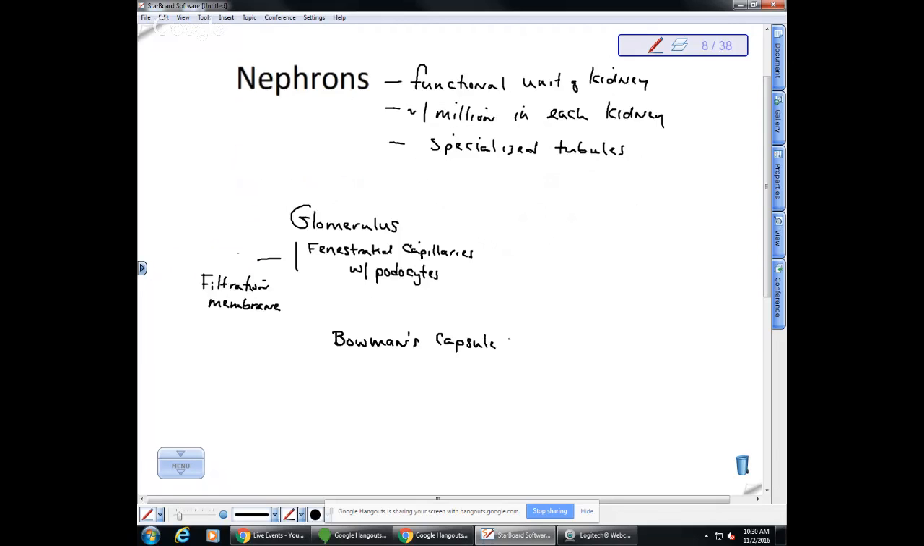This can also just be called the renal capsule. So Bowman is just the name of the person that discovered it. And the glomerulus and the Bowman's capsule together make up a structure called the renal corpuscle. So the function,